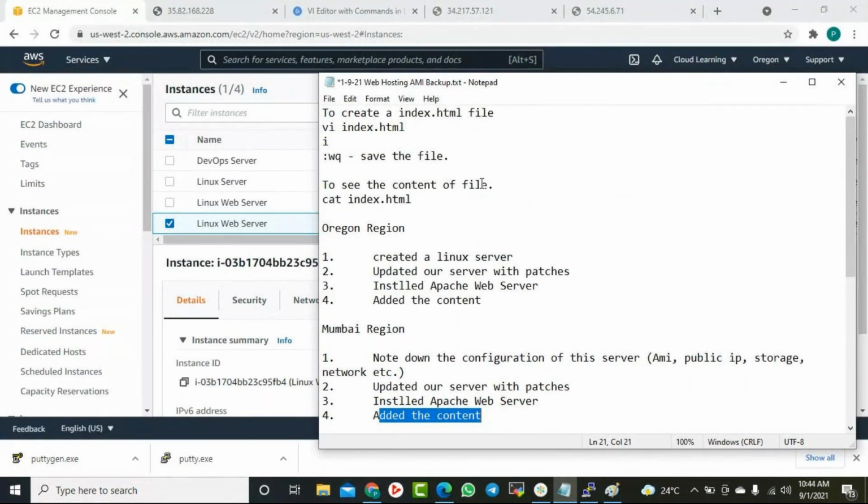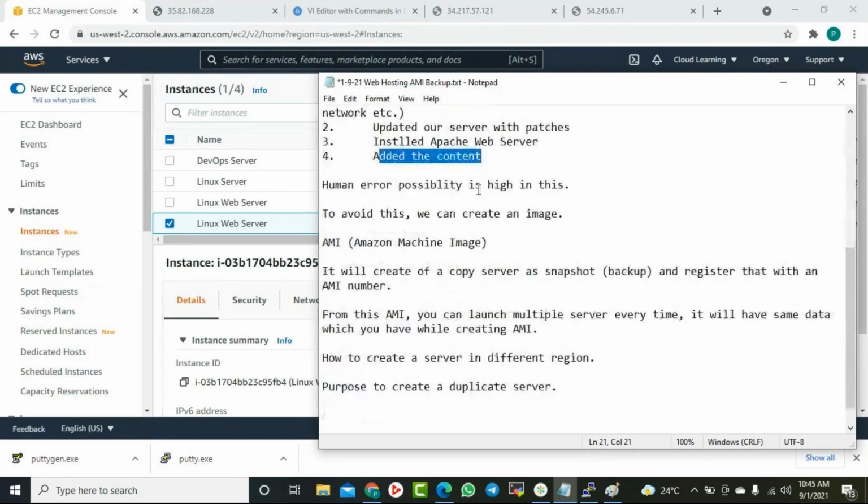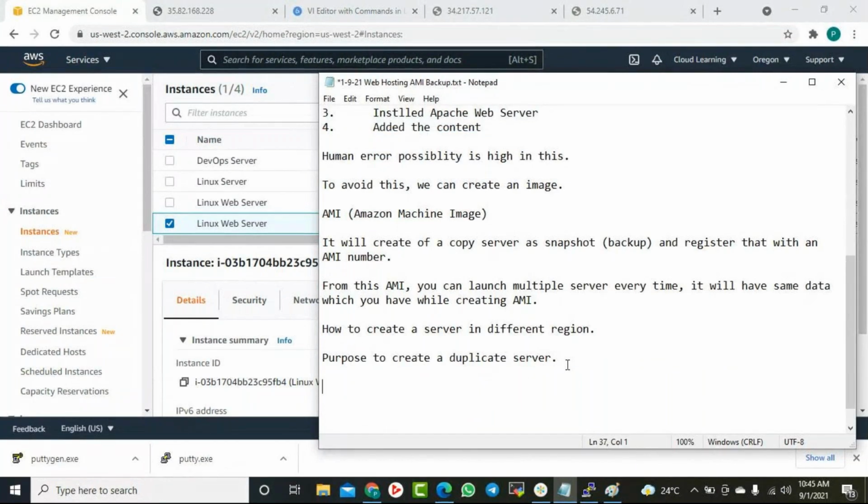This is what we used to do in production as well. Whenever we need a server which will be used again and again, we create an AMI for that. We create a server, make all the required changes, and after that we create an AMI. Sometimes we also use AMI to take a backup of our critical servers at one particular point.